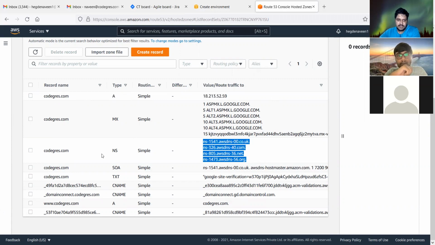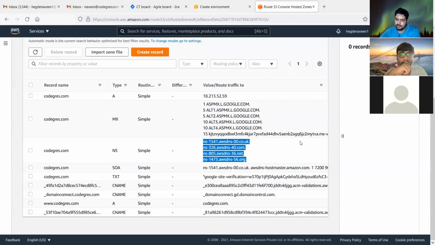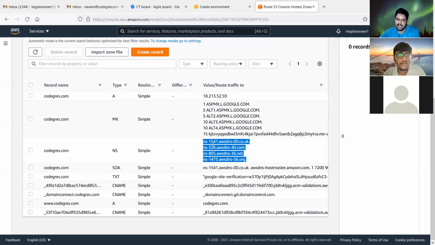What I did was this NS record is generated automatically, and I went to GoDaddy and I entered these name servers in my domain. Because this domain belongs to my GoDaddy, and I entered these NS records, this got connected. If you enter the same NS records in some other domain, it won't get connected because obviously you don't own this root, right?